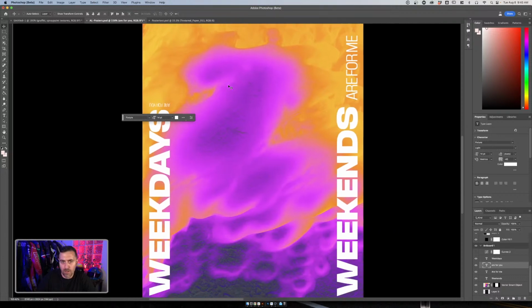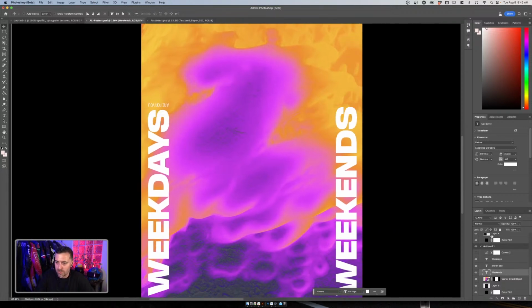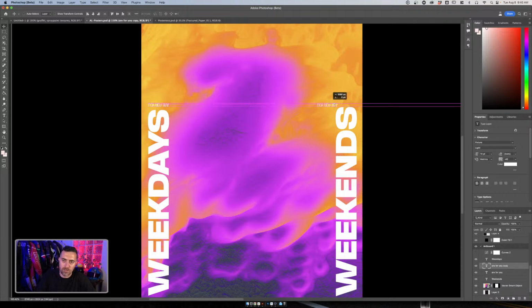Right. And then I'm gonna essentially do the exact same thing. I'm just gonna Command J that, and then just drag it over. And then me. And then I'm going to grab both those layers and pull them away from the type, just so it's a little bit more balanced.